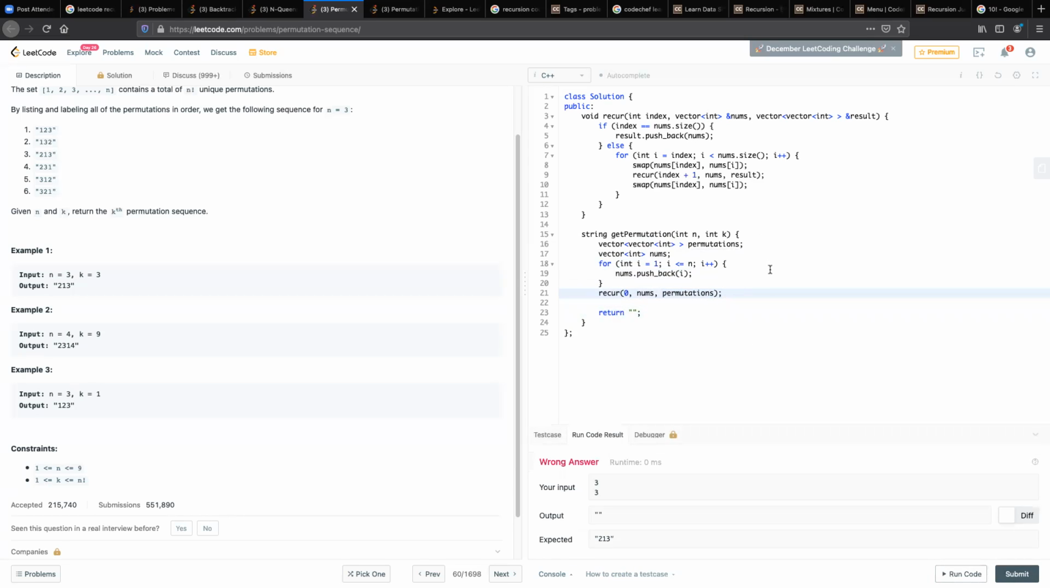Now, because this permutation list is not the sorted one, I have to sort this. So let's say sort permutations dot begin, permutations dot end, and then I will return the kth. So k equal to 1 means I'm 0 indexing, so I should return k minus 1. So permutations of k minus 1, I will iterate over that and add that to a string. Let's just declare an empty string. So for int in this permutations of k minus 1,